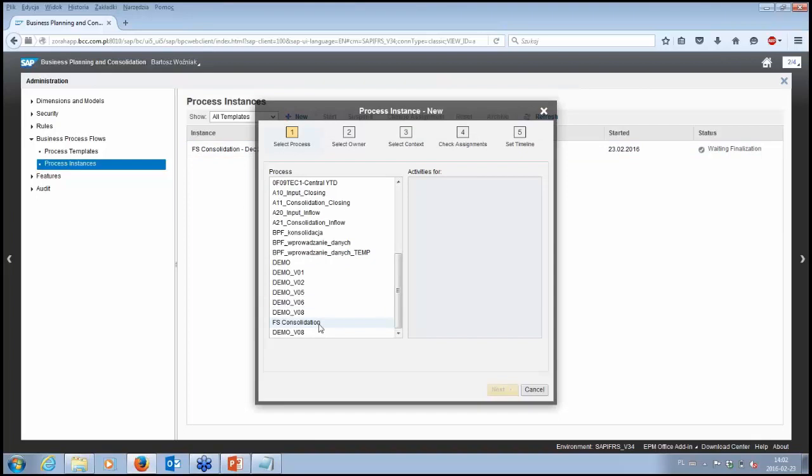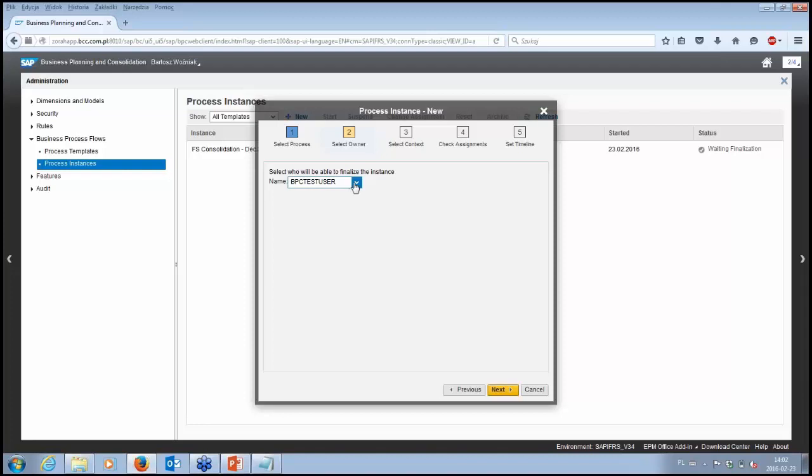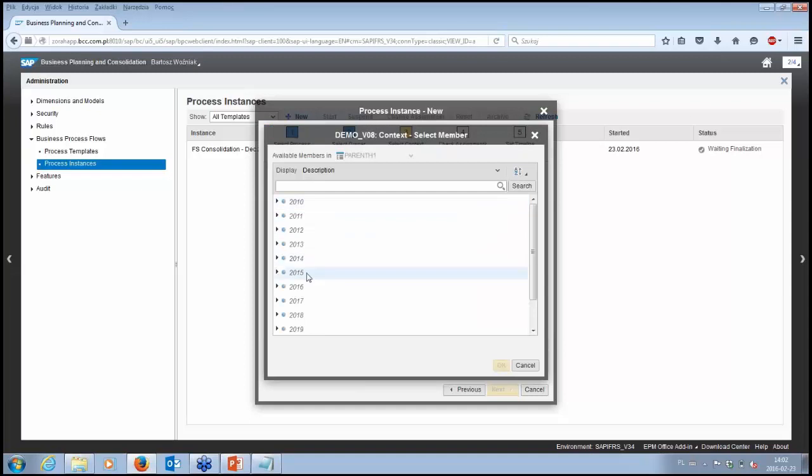For example, let's say take this demo VO8. You describe who is in charge to finish this instance of the process. You describe for which time period